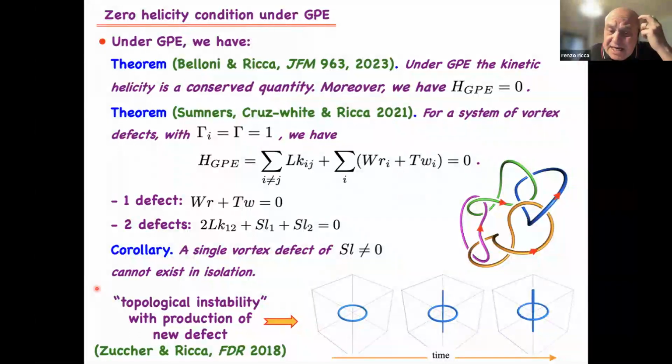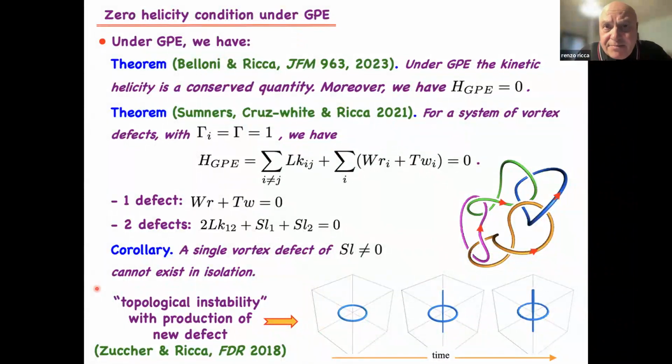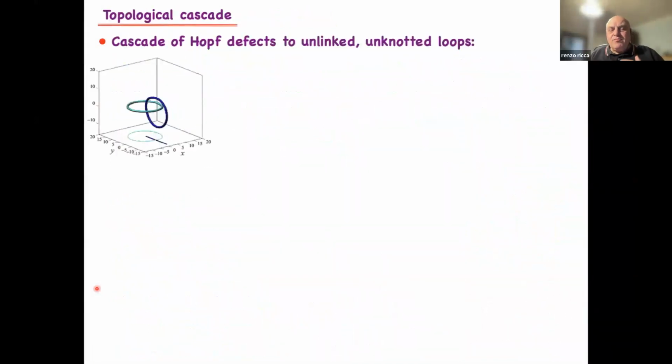So this might be a technique that may well be implemented in the future to produce complexity, new defects from single vortex rings. Okay, so this is the setup, and then I want to move on to show you some results due to